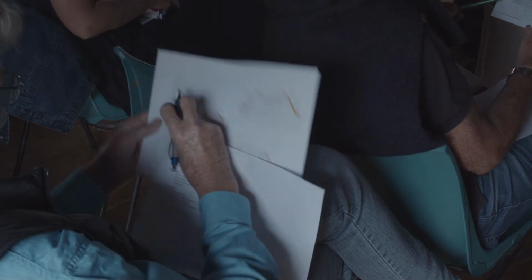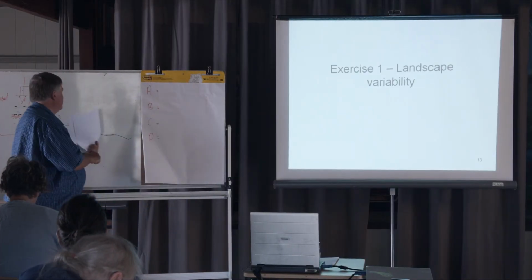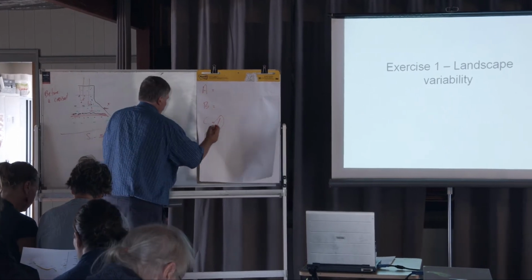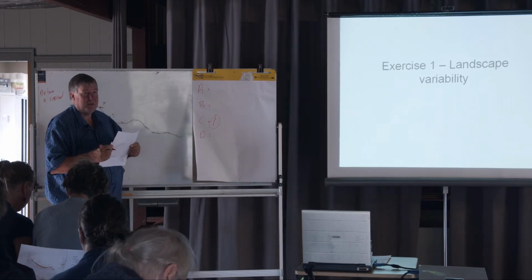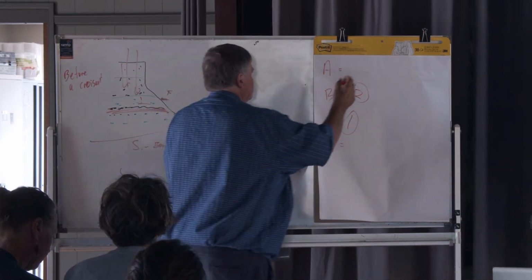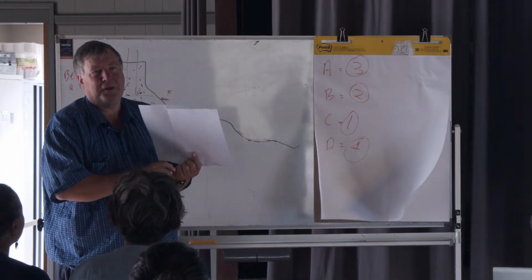So, landscape 1. Anybody want to venture what that is? C? General consensus? And we've had a couple of A. Okay. Landscape 2. B. Landscape 3. A. And by default, so they're all the...